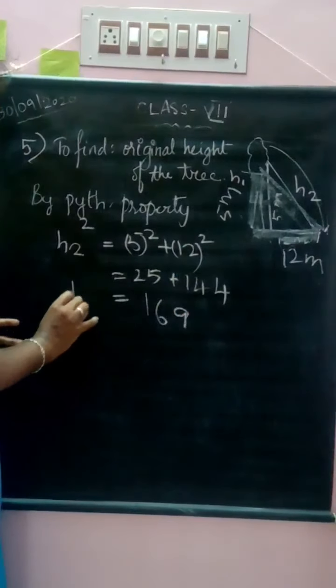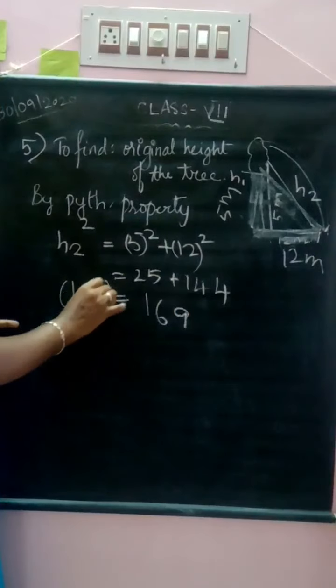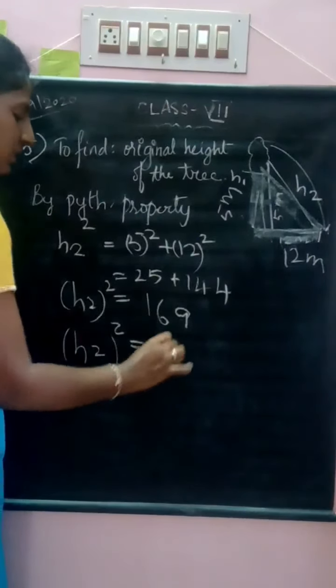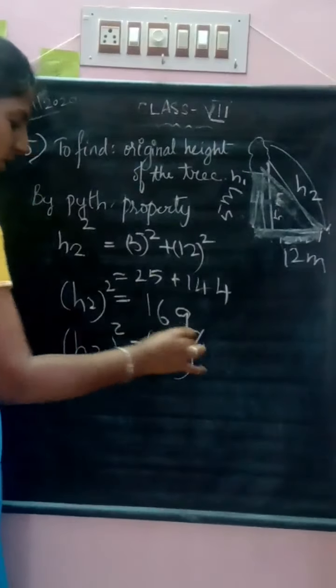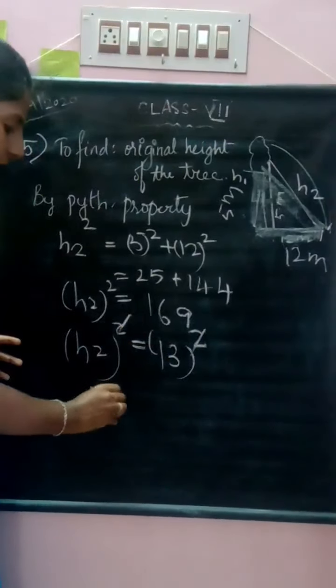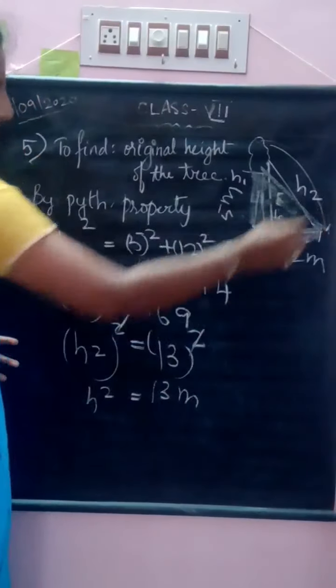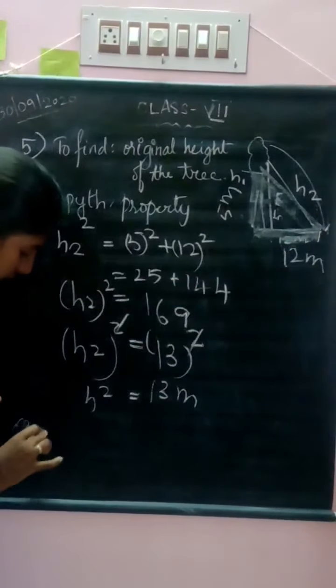169. So h2 the whole square is 169. So what is 169? 13 square is 169. Okay, so square and square will get cancelled, and h2 is equal to 13 meters. So if this is 13 meters, then the original